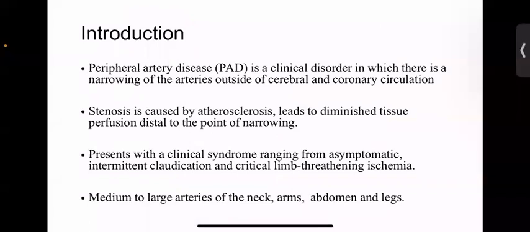Peripheral artery disease is a clinical disorder where there's narrowing of arteries outside of the cerebral and then coronary circulation. That's outside of circulation in the brain and then in the heart. The arteries that are commonly implicated are medium to large arteries of the neck, like the carotid arteries, the brachial arteries of the arms, the abdominal aorta, and then more commonly arteries of the lower limbs, mainly the iliac arteries, the femoral arteries, popliteal, and then tibial arteries. The narrowing or stenosis is one that is caused by atherosclerosis and leads to diminished tissue perfusion distal to the